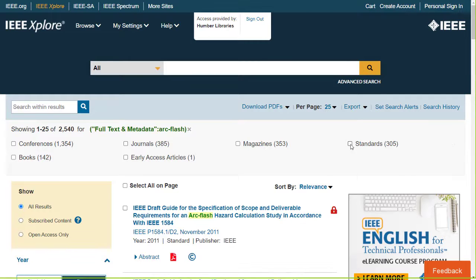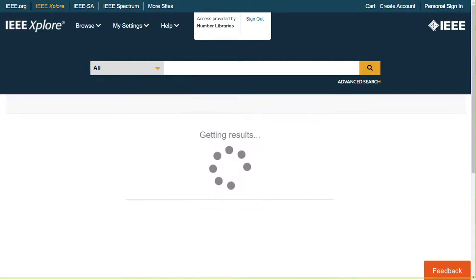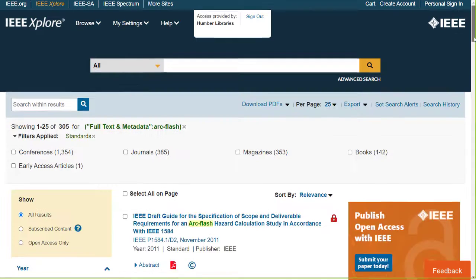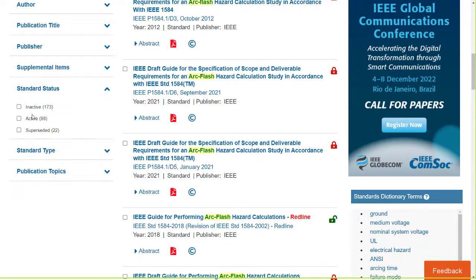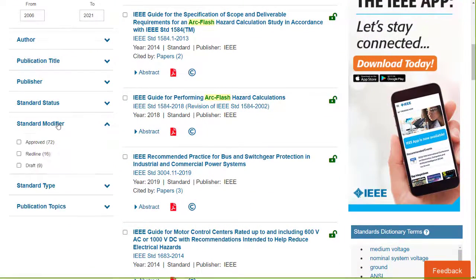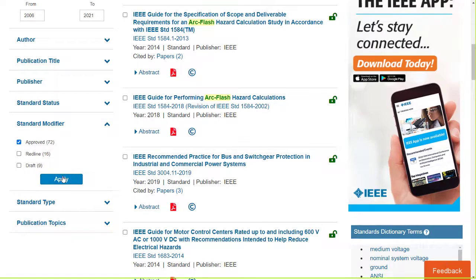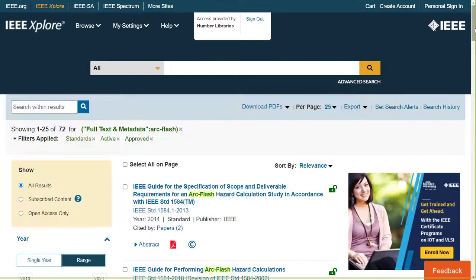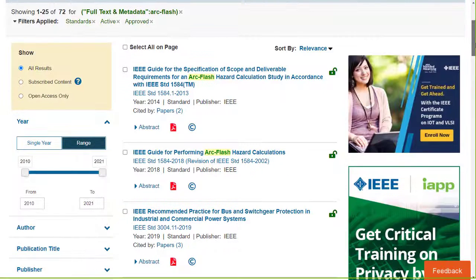On the search results page, we can again narrow down to standards, active standards, and approved standards. And now we can see there are 72 standards that discuss arc flash somewhere in the full text of the standard. You can download the full text PDF by clicking on the PDF icon,